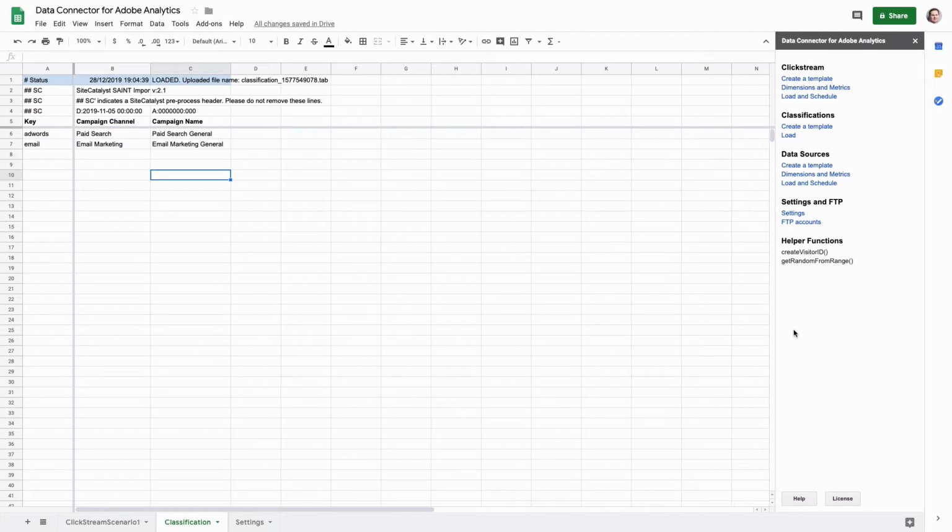In this video, you will get to know how to work with data sources, how to upload offline data to Adobe Analytics directly from Google Sheets, thanks to this add-on. So, first we will create a template, then we will fill in this template with data, then we will set up an FTP account, and finally load and schedule the data to be sent to Adobe Analytics. So first let's create a template,